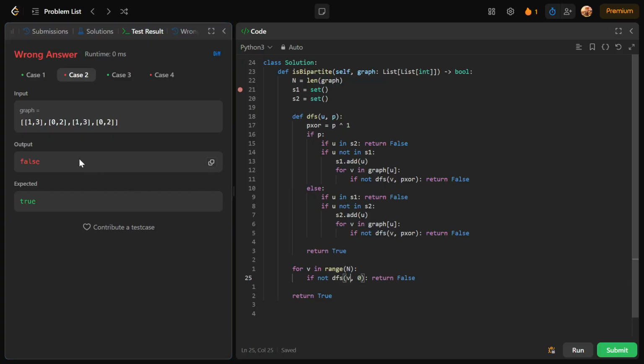Okay, if it's not already there, we only have to perform the DFS if it's not already in one of the graphs, right? So if we're not in S1 or we're not in S2, then we perform the